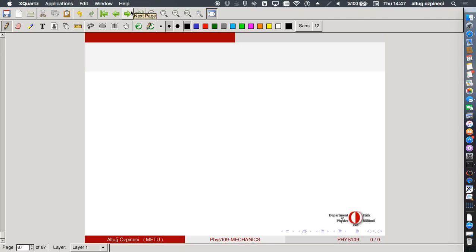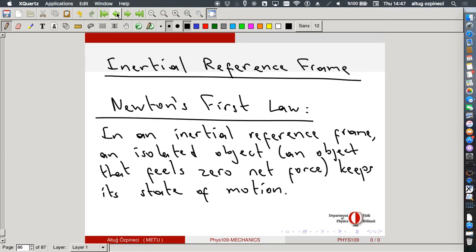Being an inertial reference frame is not a definition that you can just pick an arbitrary reference frame and say that it's an inertial reference frame. If you want to test whether a given reference frame is inertial or not, you have to use Newton's first law. Locate an isolated object. Does its velocity change? If its velocity is changing, then you are not an inertial reference frame. If the velocity is not changing, then that reference frame is an inertial reference frame.